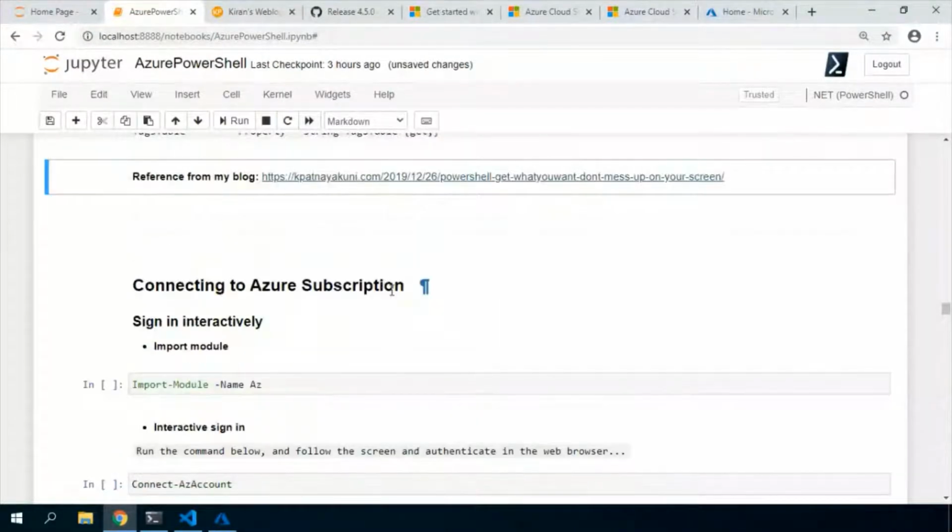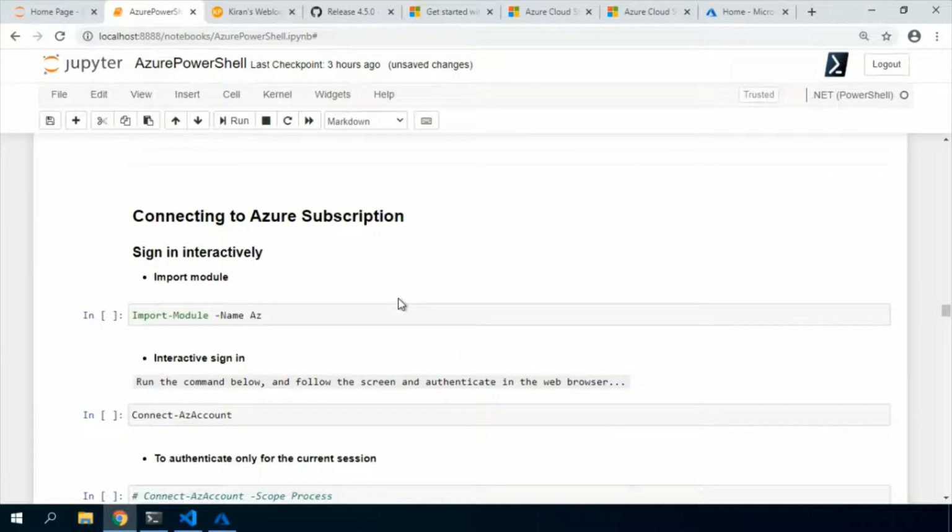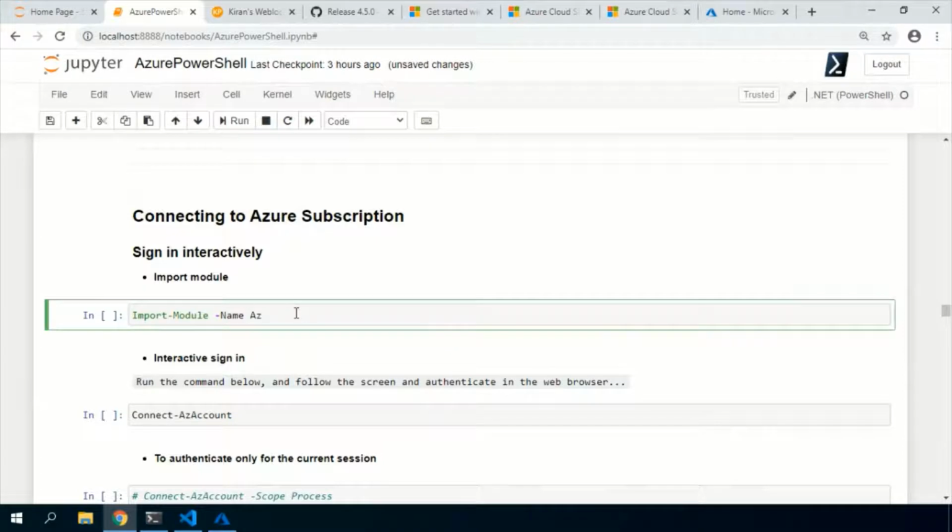Now we have identified the commandlets and seen how to use them, and we'll see how to connect to the Azure subscription. First of all, you need to install your module and import your module. I've already imported it, so I'm not going to run this one.